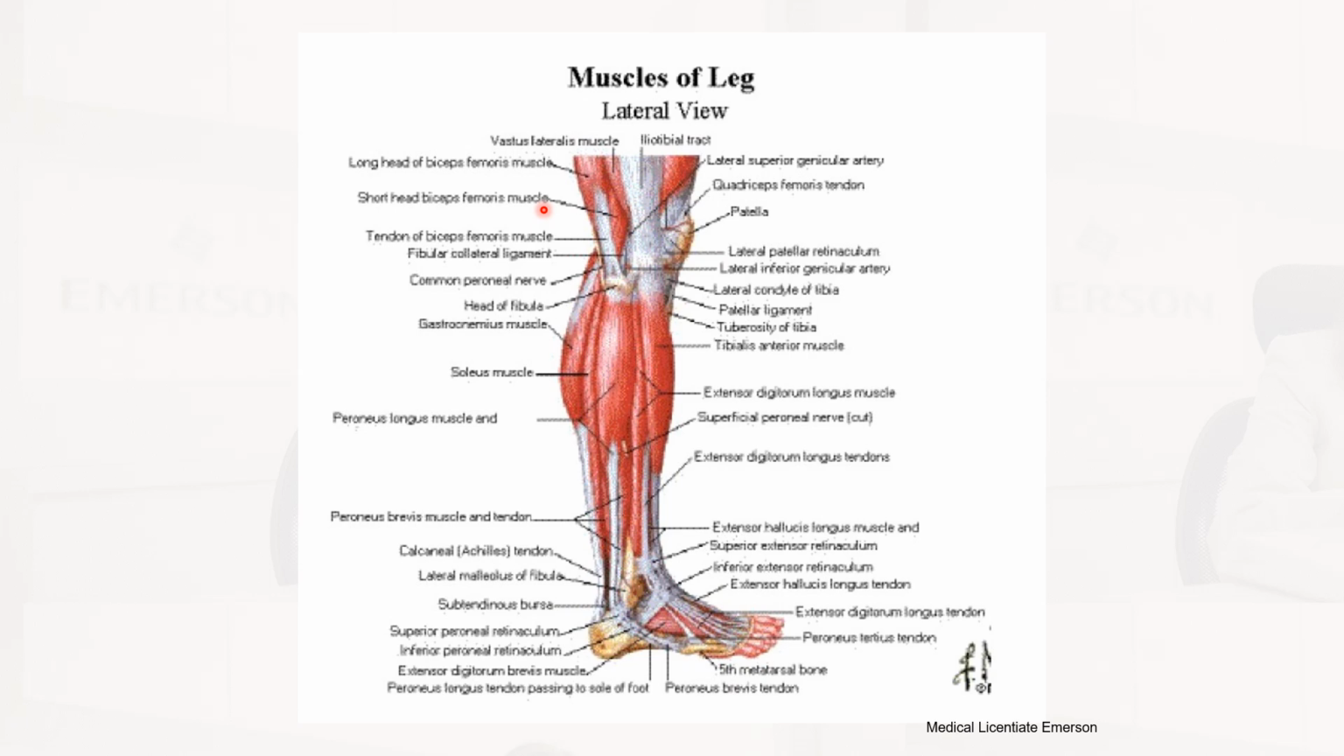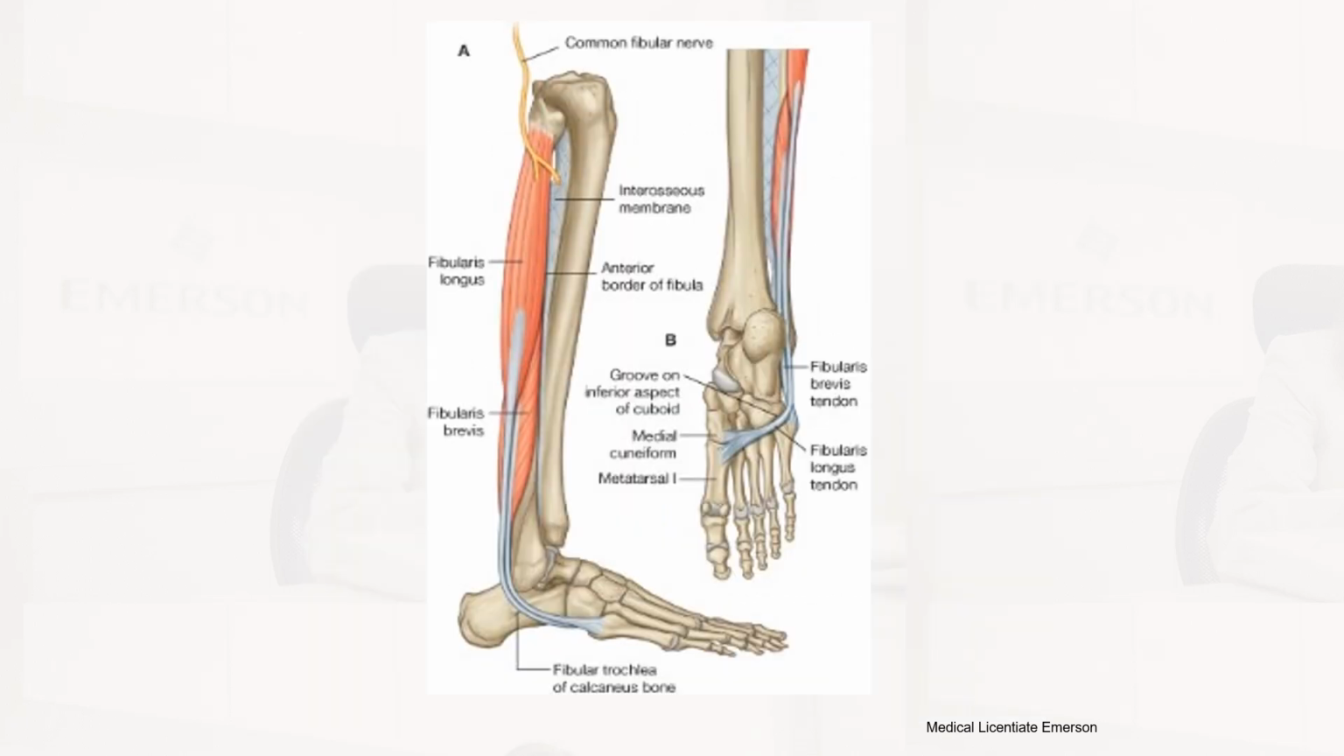Okay, this is the lateral view. We have the soleus muscle, and the gastrocnemius muscle. So these are the muscles of the lateral view. This is also the lateral view of the fibularis longus,